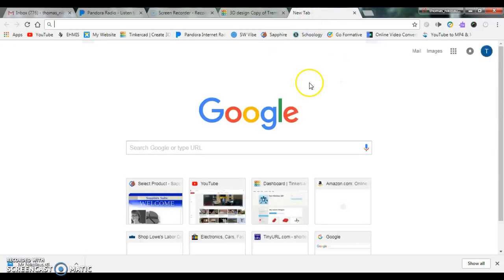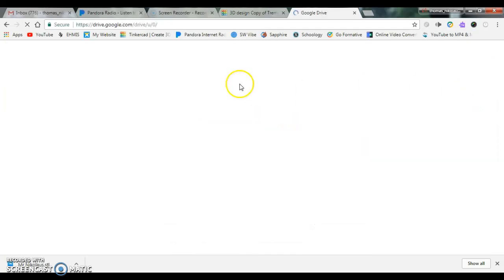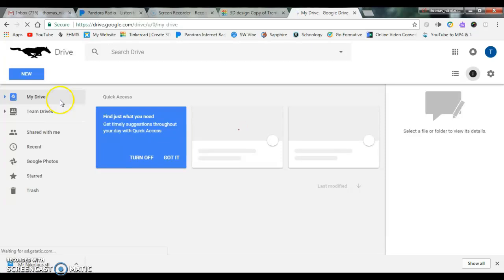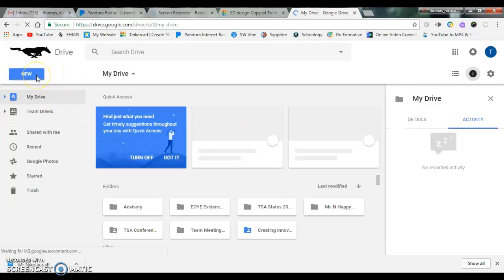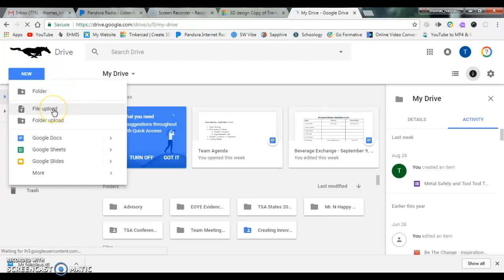So we have it downloaded, we just have to submit it. You're going to go to Google and go into your Google Drive. Click on your Google Drive, wait for that to load up. Once you're within your Google Drive, click on New on the top left. After a few seconds, click on File Upload,